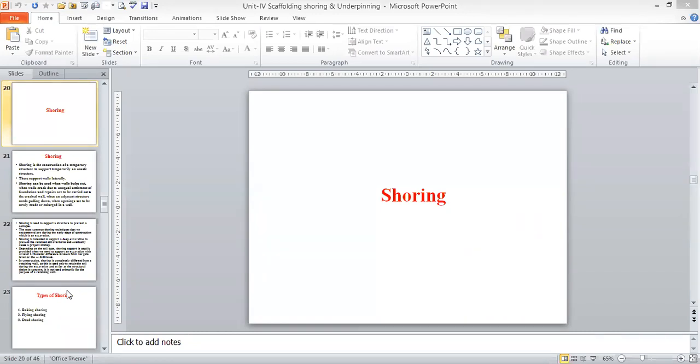After the work is completed, we can remove the ropes or the chains that are supported from the roof itself. That's why it is called suspended. It is suspended from the roof level, and we carry out the repair works. The main objective of the suspended scaffolding is repair works.